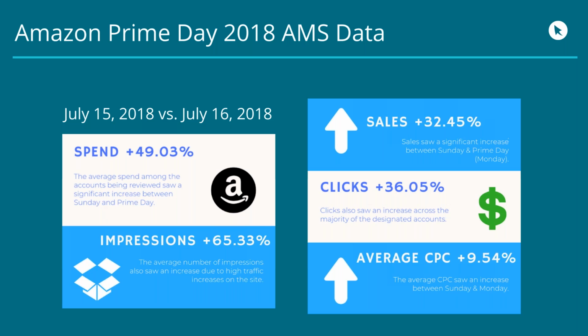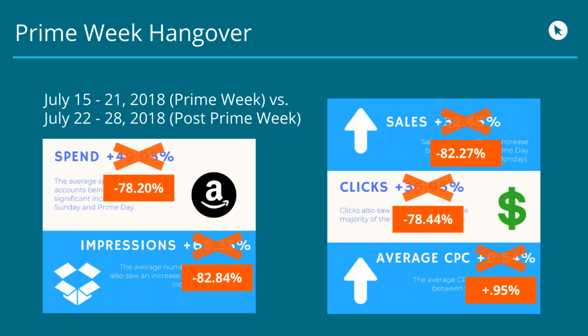So what's next is what we call the Prime Day or Prime Week hangover. Prime Week this year was July 15th through the 21st. So we're going to compare Prime Week to post-Prime Week, and you can see a dramatic drop-off right away. Comparing Prime Week to post-Prime Week, there's a 78% decrease in spend. We got an 82% decrease on average in impressions, on average 82% decrease in ad sales, and a 78% decrease